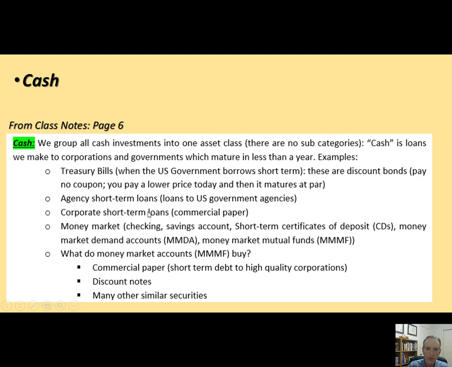And then there are corporations. When corporations borrow short-term, we use the term commercial paper. Commercial paper tends to be a very high quality type of debt. Corporations can borrow money short-term from banks, but those are not part of our list of securities because they're not traded on the markets. So commercial paper is when high quality corporations like a UTSA, like Exxon, when they borrow money through commercial paper when they need a short-term amount of funding. So those are the typical types of short-term securities.